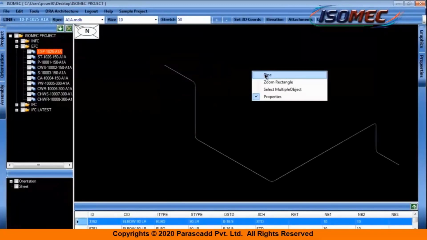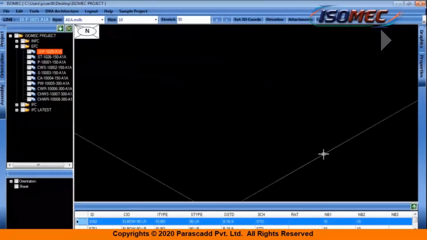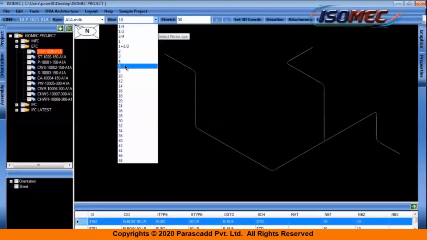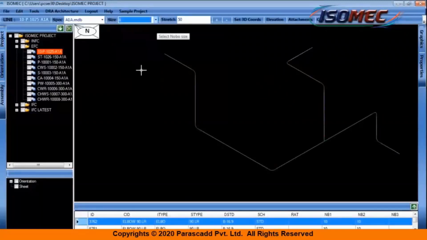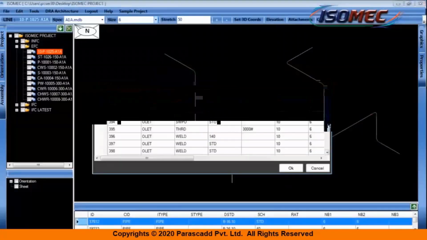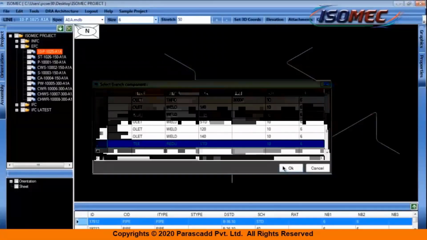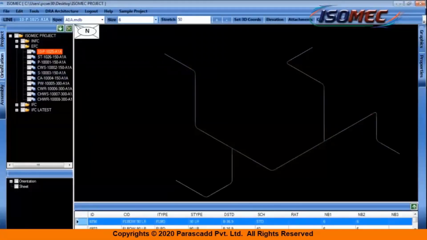So no need to add elbows one by one if you change the orientation or change the direction of your pipe. Right click operation, select a pipe, and here I am taking out a branch, changing its route. Now suppose I want to reduce the size, I'll change the size to 6. Similarly, I'll click on pipe, select the pipe, and automatically the validated branch component will be here. You can see I have selected a reducing tee over here. It will come in that section.